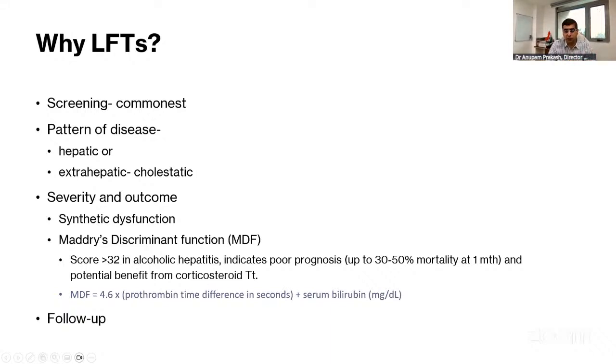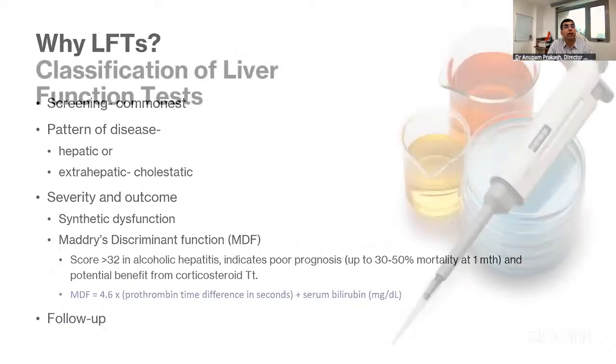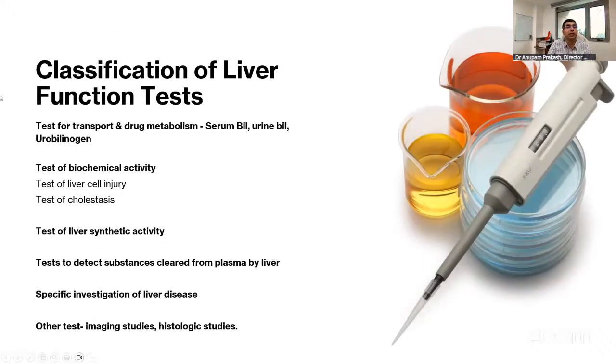So for different functions, you will have different tests. So I have tried to group it into different categories. So this is what it is. Tests for transport and drug metabolism, where you test for serum bilirubin, urine bilirubin, and urine urobilinogen. So this will indicate the tests of transport and drug metabolism. Basically it is the heme component which is converted to bilirubin and then metabolized. So it is excreted into the biliary canaliculi,